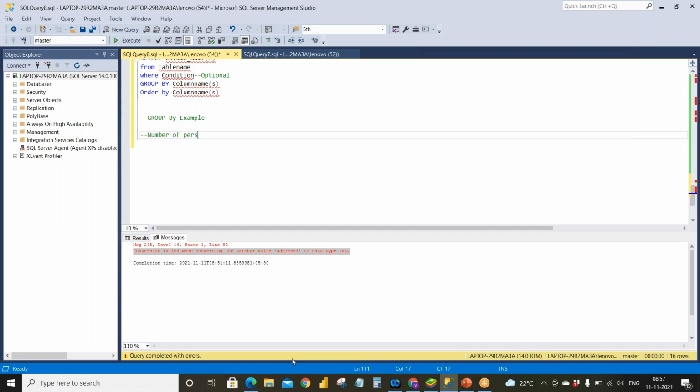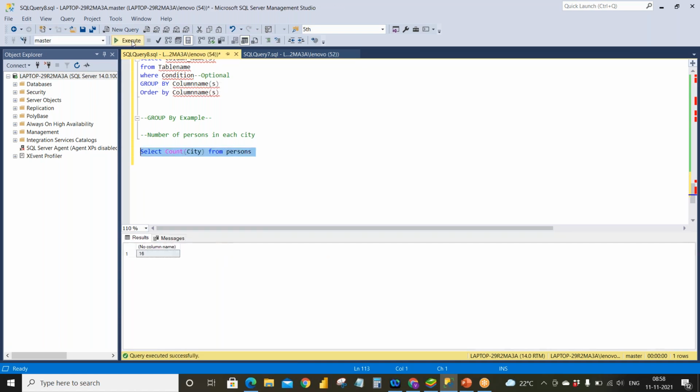First of all, you might think to use COUNT of city from the persons table. What happens when you use this? It will give the total count of the data.